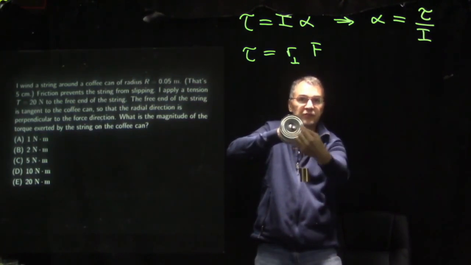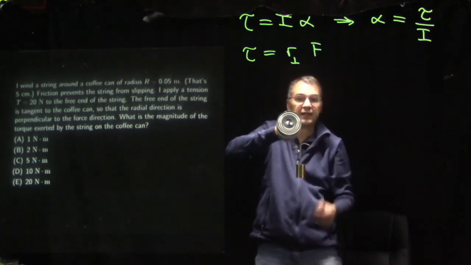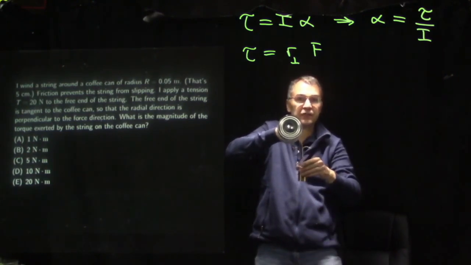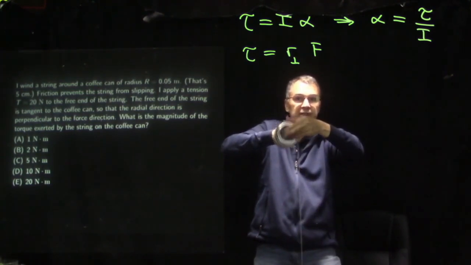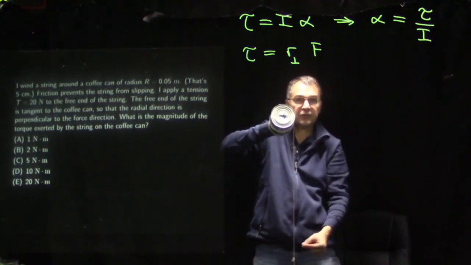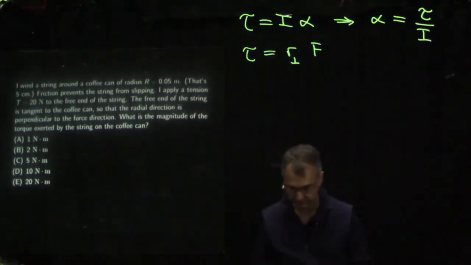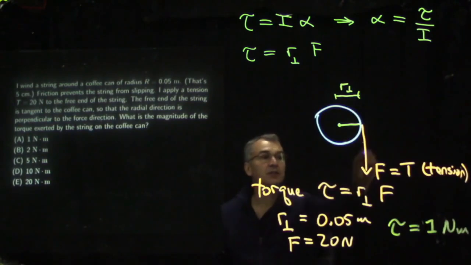So we're going to measure horizontal distance, that's r_perp, because it's a vertical force F. You can see the string is wound in a way that it doesn't slip, so if the can doesn't rotate, then the string doesn't go anywhere. But if we let the can rotate, then if the string goes down by one circumference, the can goes around by one revolution. Using the numbers given in the problem, the tension in the string is 20 newtons,